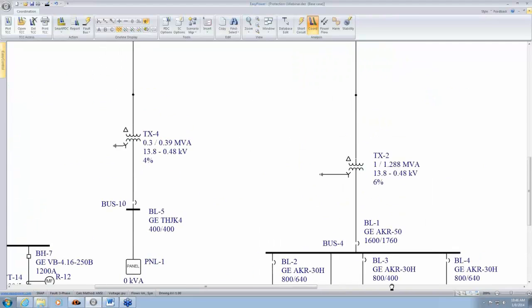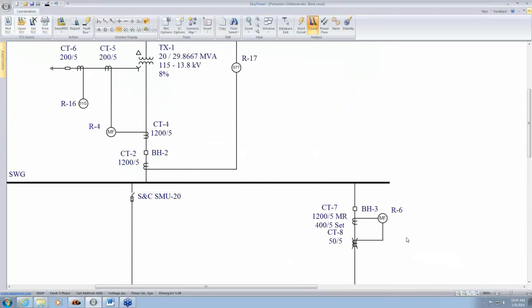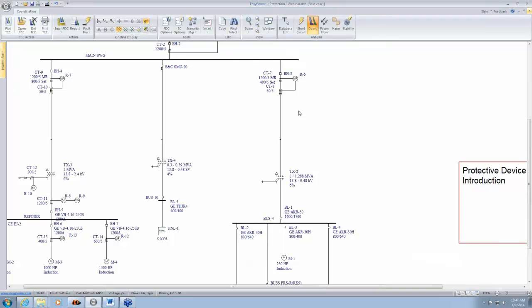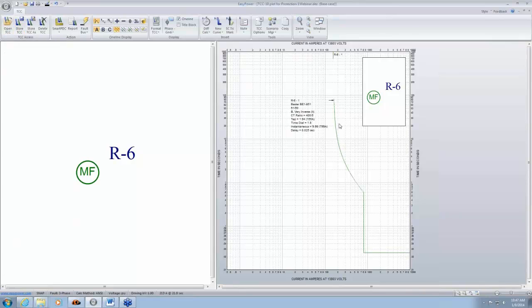The next thing we're going to talk about is plotting TCCs for relays and see what they look like. In this line, on the primary side of the transformer, I've got CTs feeding relays. So I'm going to select this relay and plot TCC. This is what a relay curve looks like based on the settings. At the top, you have the relay pickup for time overcurrent. And if you look at the relay dialog,